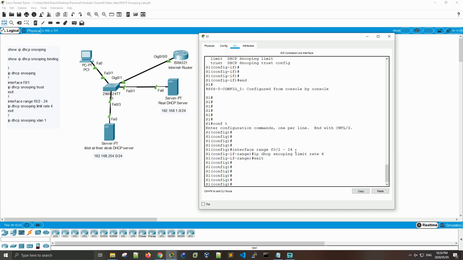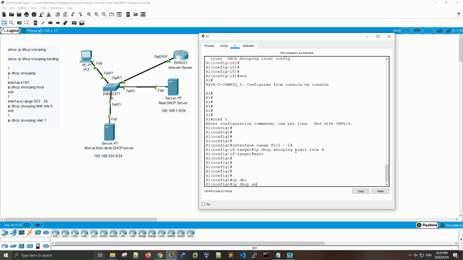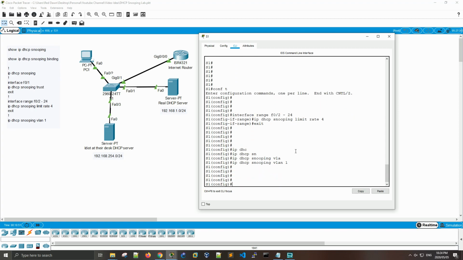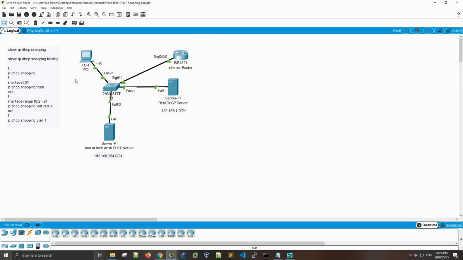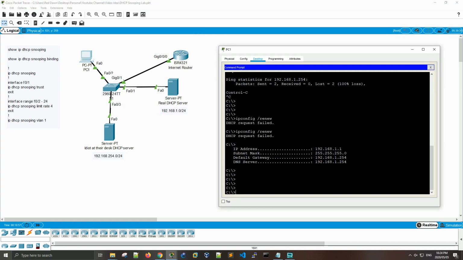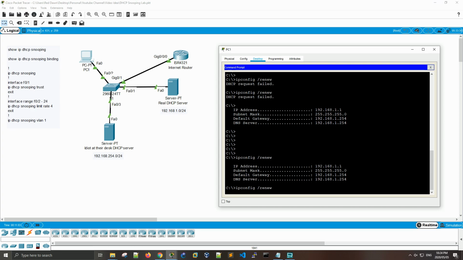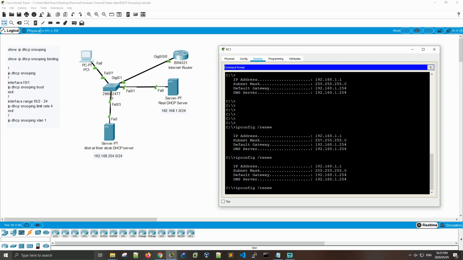So that will do a nice little config there, and we'll also do IP DHCP snooping for VLAN 1, because you need to tell it on which VLAN the addresses need to be snooped on. So right now I don't have any VLANs configured, so by default the VLAN that you are using is VLAN 1. So we'll enable that, and now that everything is enabled, we can now go back here and say renew,